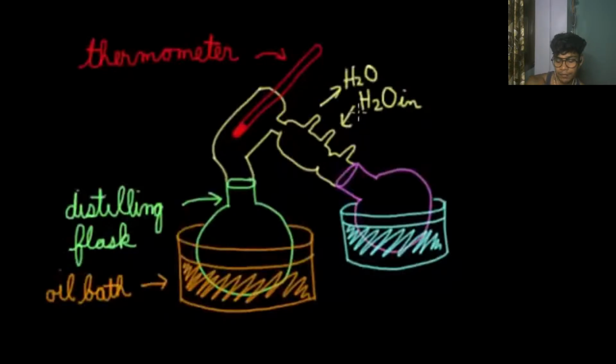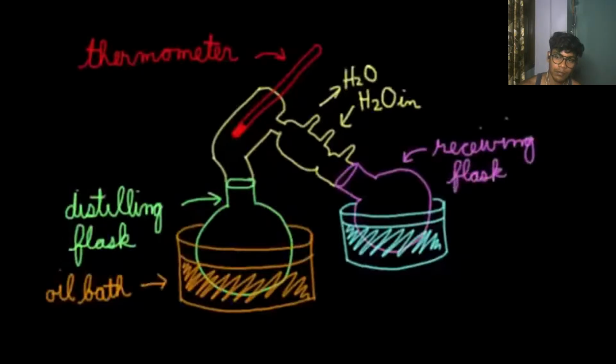At the beginning of the process, when the liquid in the distilling flask is heated, it transforms, changing from its liquid state into vapor as it absorbs heat. Then, due to the low temperature of the condenser, the vapor condenses back into a liquid and eventually collects in the receiving flask, which is shown in pink. This part also needs to be maintained at